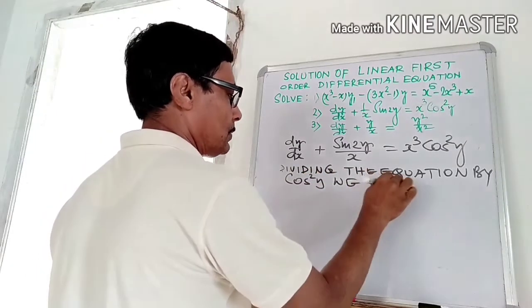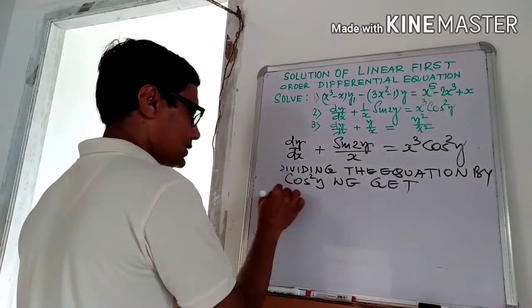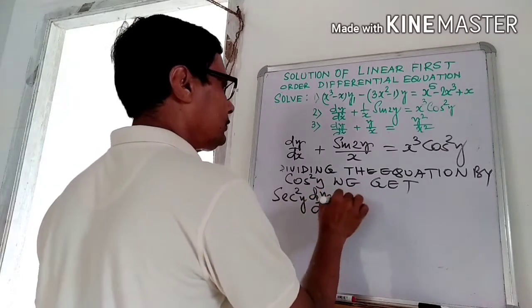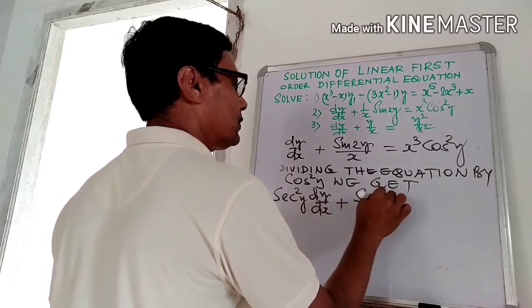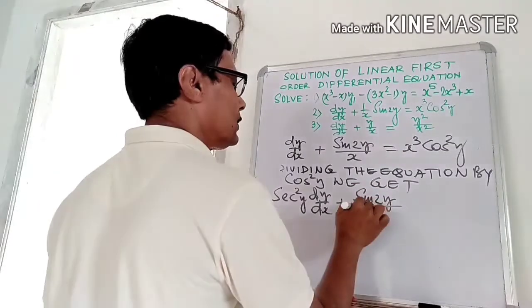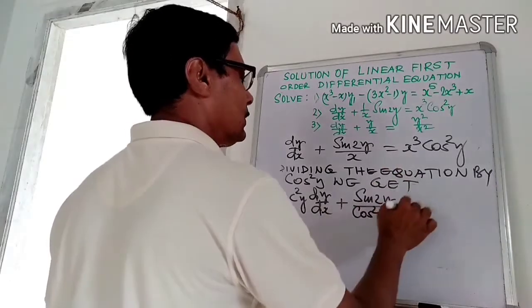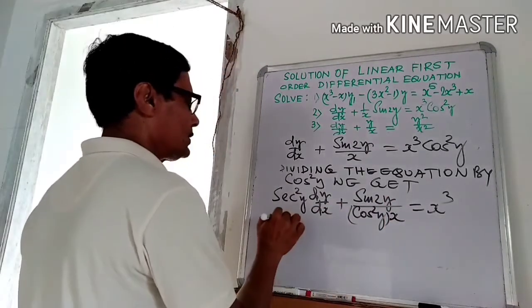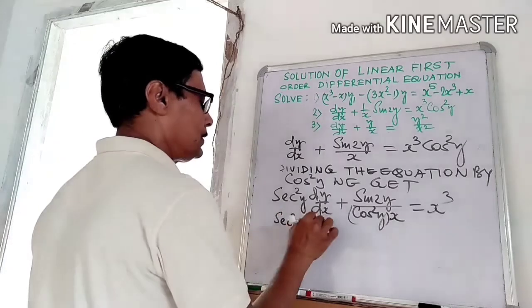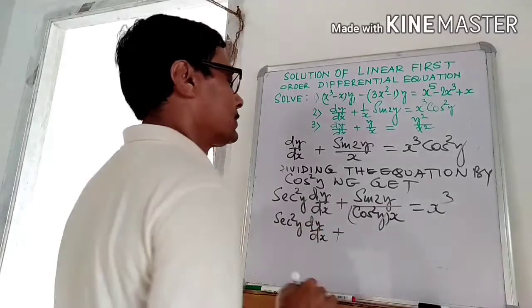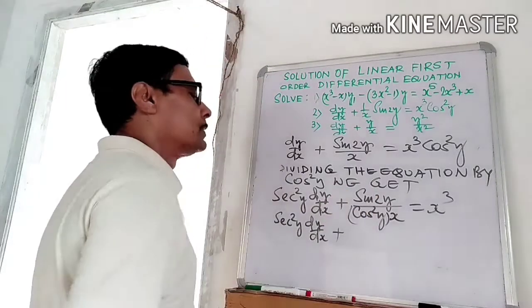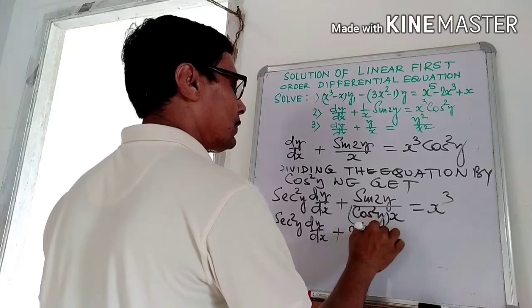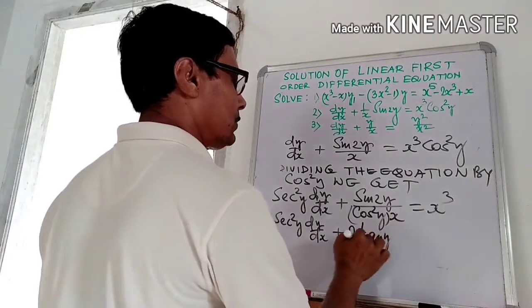We get sec square y dy/dx plus sin 2y by cos square y into x equal to x cube sec square y dy/dx plus, if we simplify this term, we get 2 tan y by x